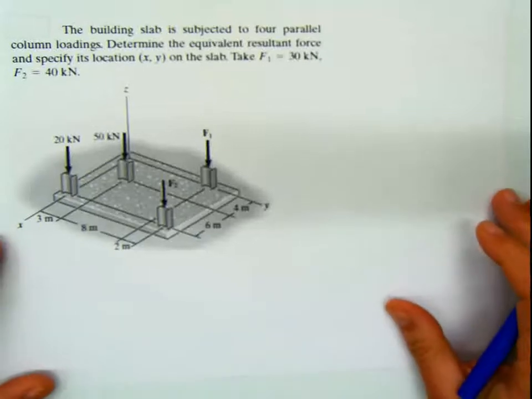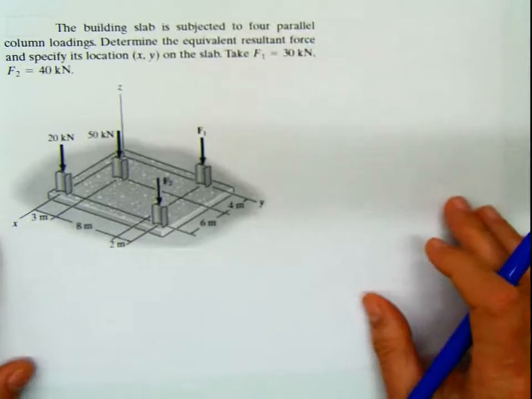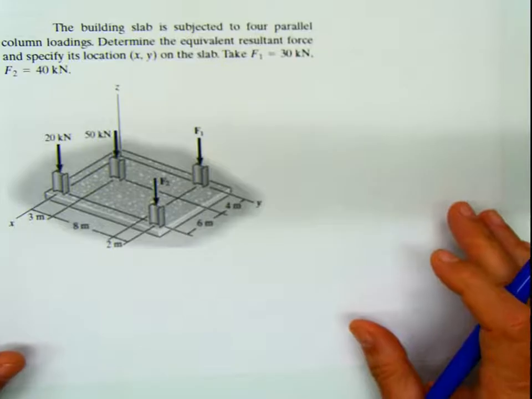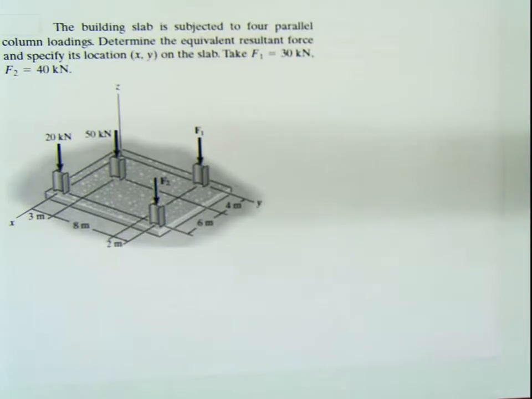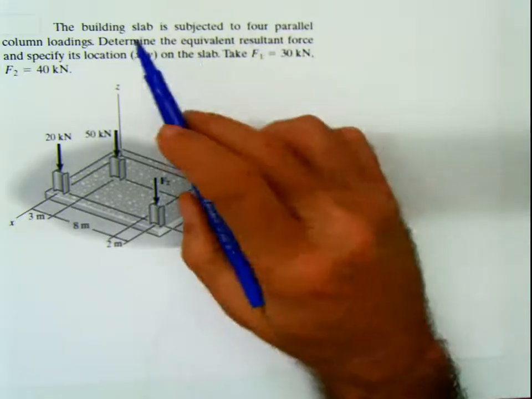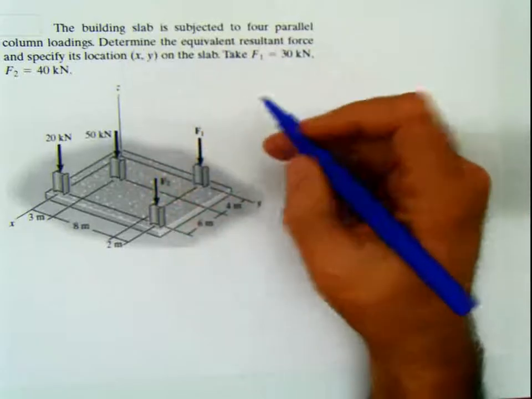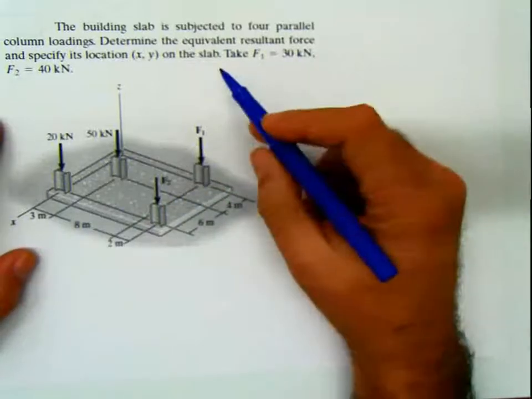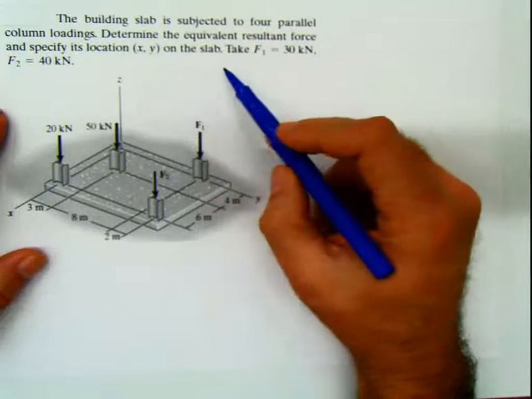Hello again. I'm recording this third session today from chapter 4, and this session is about resultant forces, but resultant forces in 3D. So let's start with this problem. Let's read this problem and see what happens here. It says the building slab is subject to 4 parallel column loadings. Determine the equivalent force, and specify its location X, Y on the slab,